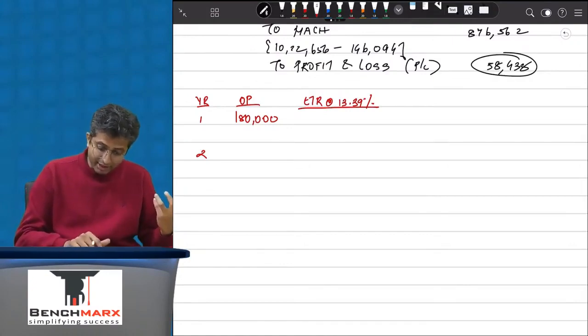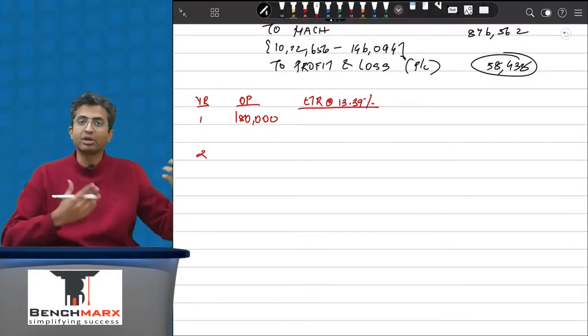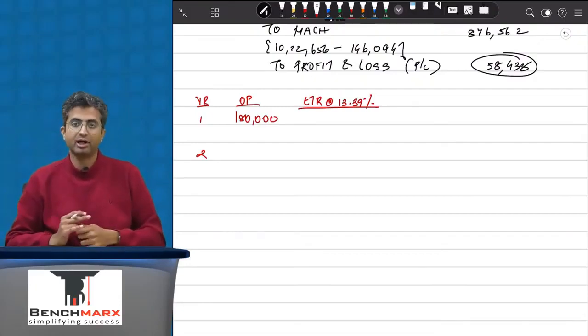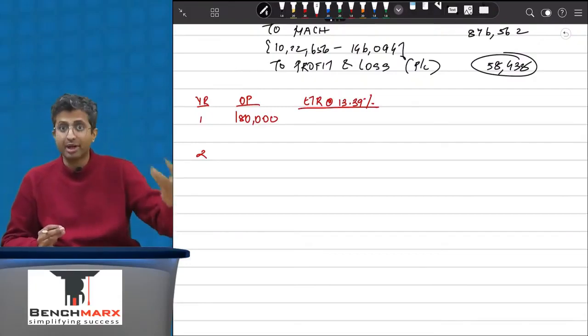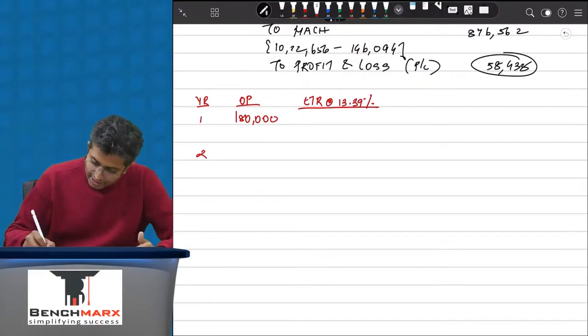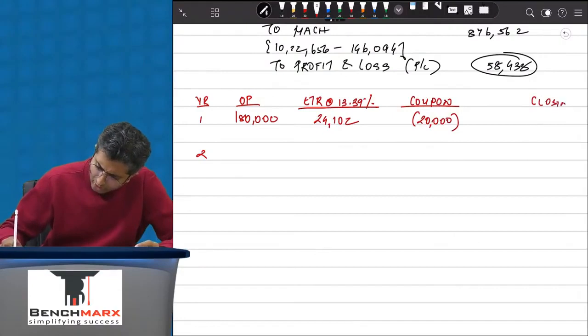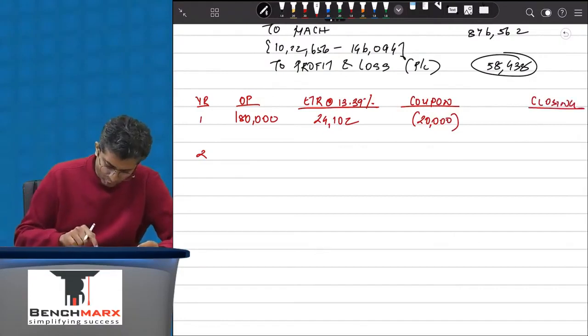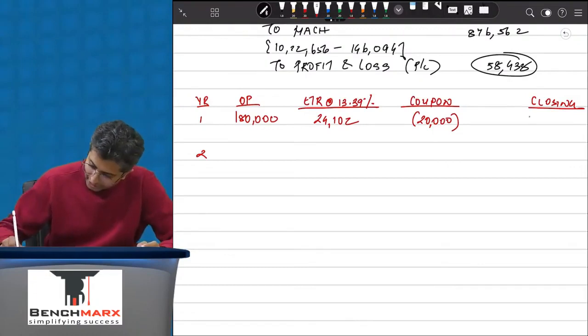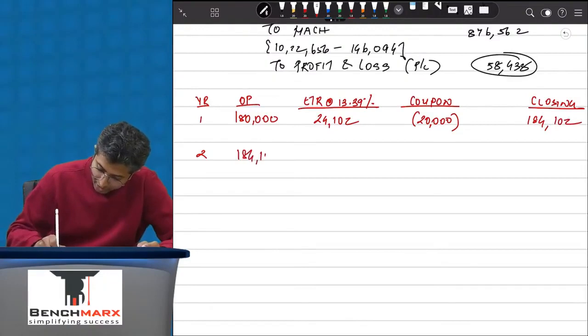However, your real cost is much higher, because apart from the coupons each year, you also have to pay a slightly higher amount on redemption as compared to what you have received. So this is 24,102. And coupon is paid each year. Coupon is a percentage of face value. So this is 2 lakhs into 10%, and hence the closing. The principal is not repaid now, and hence the closing would be, let's say, 1,84,102. That will be the opening for the bond